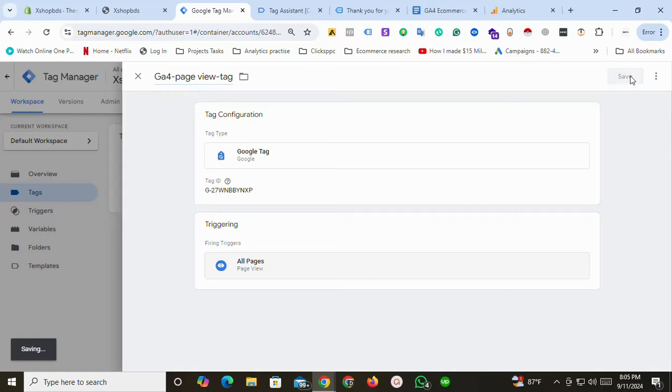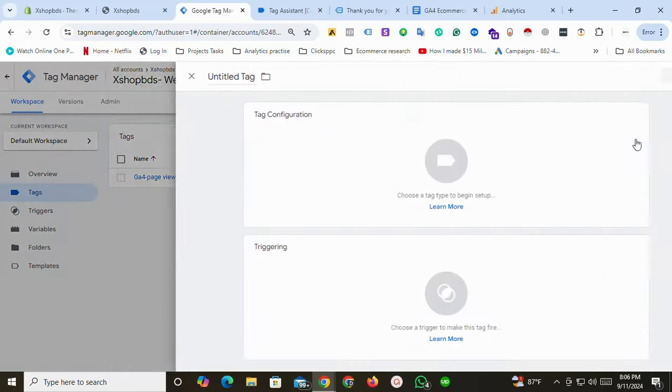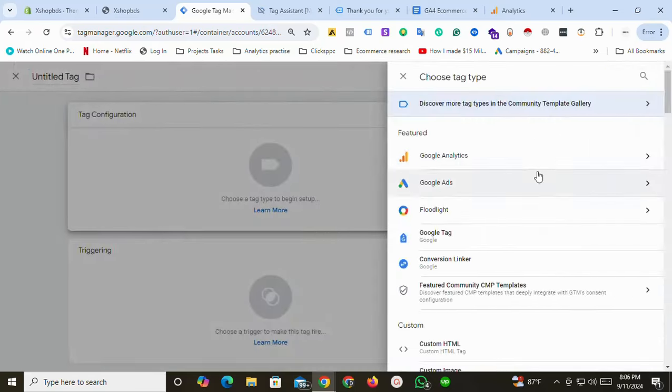Then save it. So after the page view, then it would be the GA4 event,